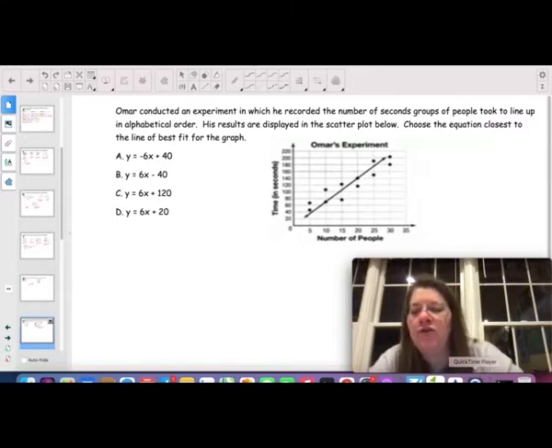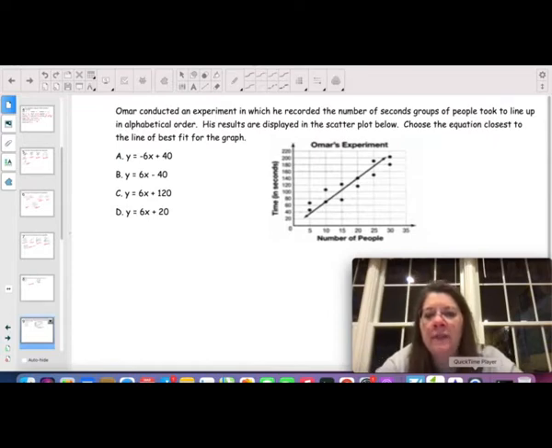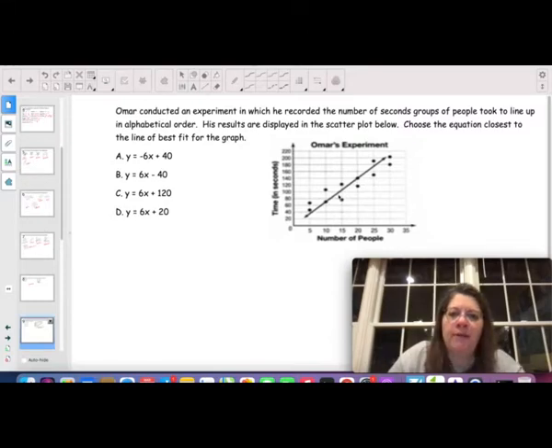In this one, they've already drawn the line of best fit. And so if you look at that line of best fit and try to determine which of those equations would be the best, first of all, that's a positive slope. So we can throw out A right off the bat. There's no way the slope of this is going to be a -6 because that would have to be in this direction. All of these have the same slope, so we're going to have to determine which of these would